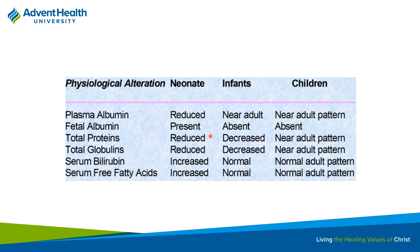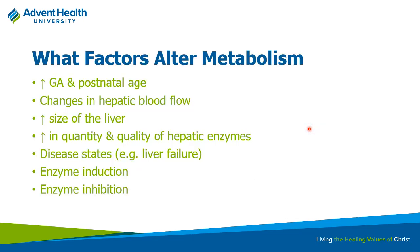But then again, as they're infants, normally things will start to normalize there. By the time they're children, they're pretty close to adults at that point. So really the neonatal period is where we're really concerned about this. So looking at things that affect metabolism, we'll also see that gestational age plays a really big role in terms